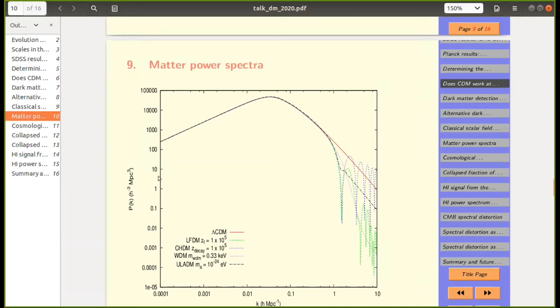So this is not directly related to the core content of your talk, but since you discuss observations, right? In August, there was a paper by Andy Burkert who pointed out that in most of these fuzzy dark matter and ultralight dark matter models, the halo surface density decreases as a function of the core radius, whereas observations show that the halo surface density is constant. So do you have any comments? I apologize if this paper was discussed in some other talk.